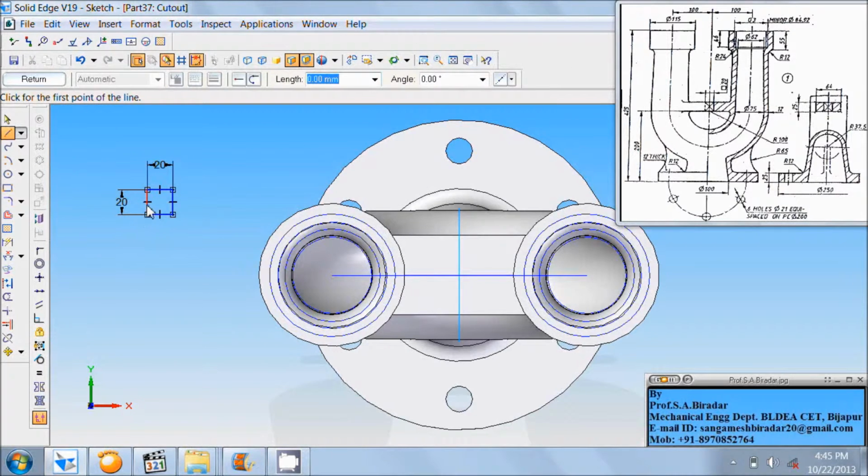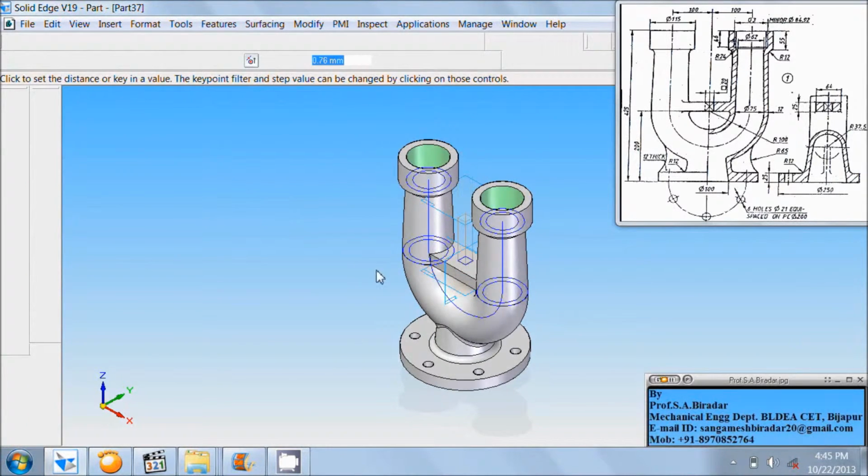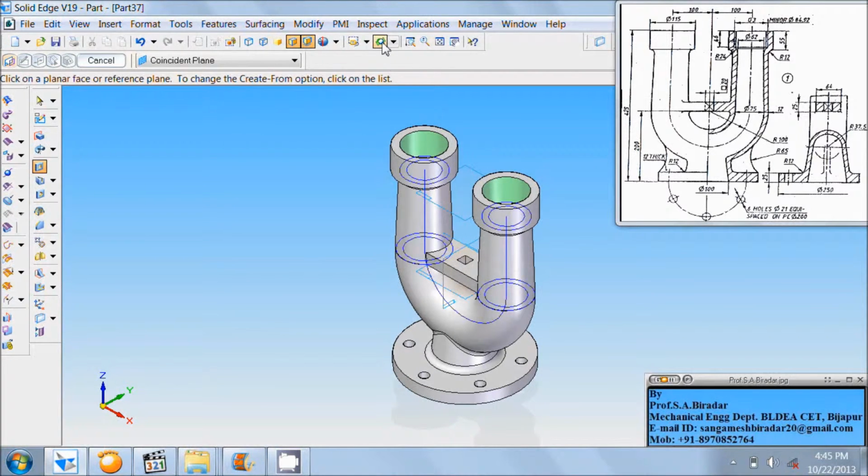Use line command, locate the center of this square, then use select tool, select this entire, use move command, select the midpoint of this horizontal line, place it at origin, then use trim command, trim this horizontal line, click on return, enter distance as 25, click in the screen, finish it, fit it, rotate and see.